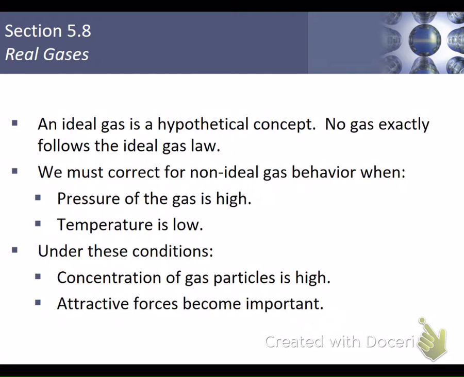We have to correct for gas behavior when we have situations that deviate from the perfect ideal set forth in the kinetic molecular theory. Now, that could be in the conditions that we operate gases in, or it could be in the structure of the gas molecules themselves. So in this second bullet here, we say we must correct for non-ideal gas behavior when these are our conditions. If the pressure of a gas is too high, or if the temperature is too low, those are things that we can set to make gases begin to behave non-ideally.